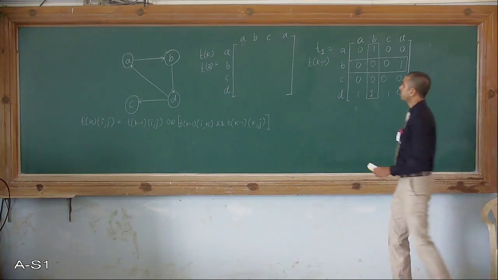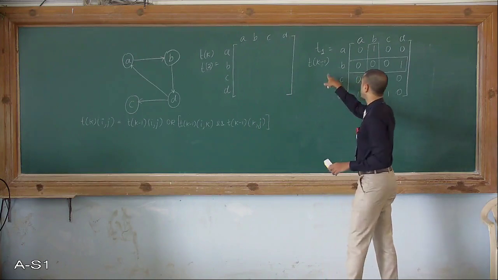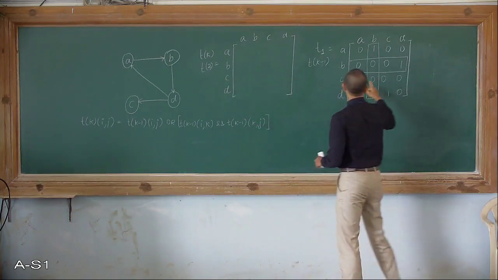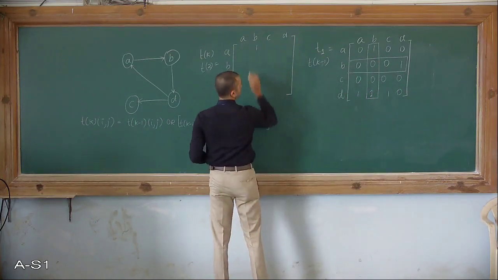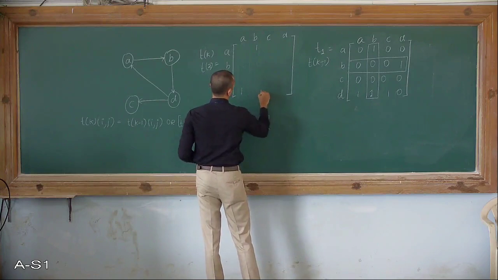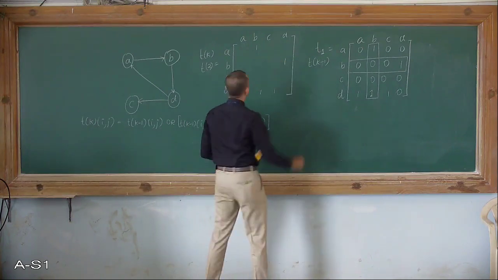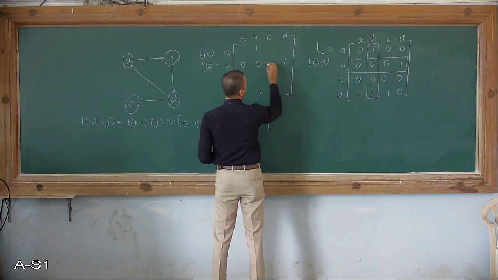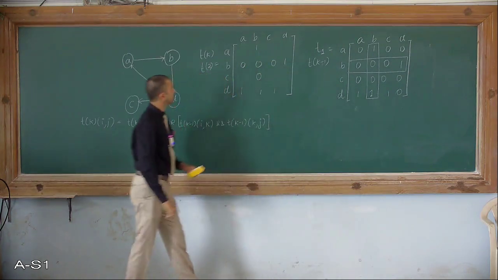Alright. The first rule, retain all the ones. From T of K minus 1 to T of K, retain all the ones. So wherever you find 1, just copy them. So here's 1, 1, 1, 1. So this is 1 over here. And copy those intermediate vertex values as well. Okay. So this is what I have.